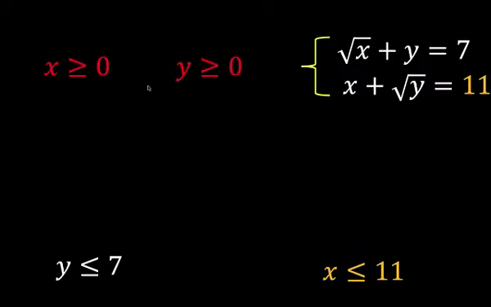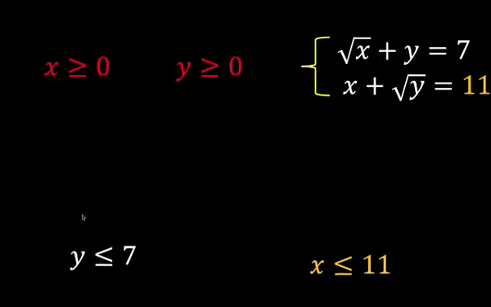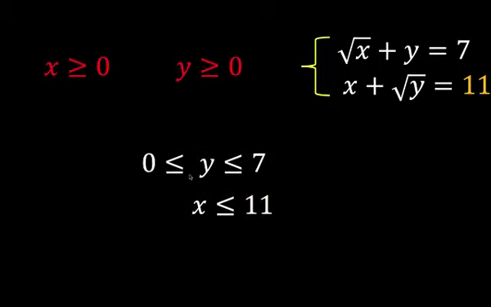Now, combining all these four inequalities, we now have this result. y must be greater than or equal to 0 and must be less than or equal to 7. And so we now have here y is between 0 and 7 inclusive. The same with x, this must be between 0 and 11. And one more thing, we restrict the results. Let's say the values that we want for x and y are